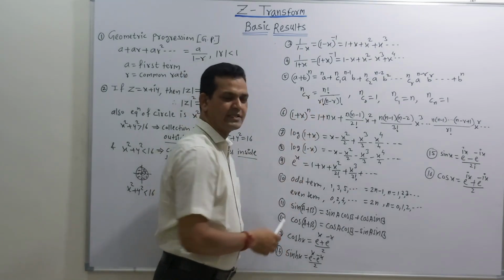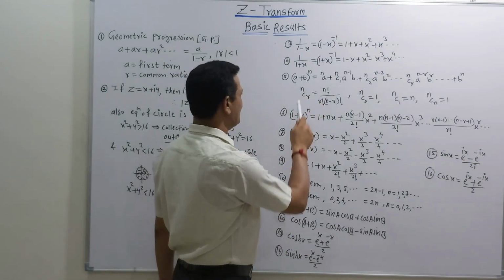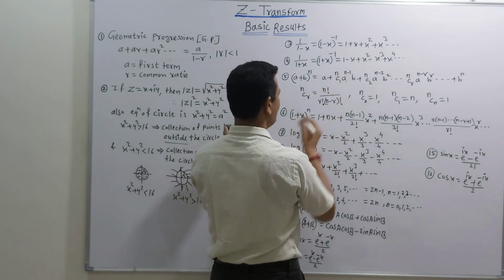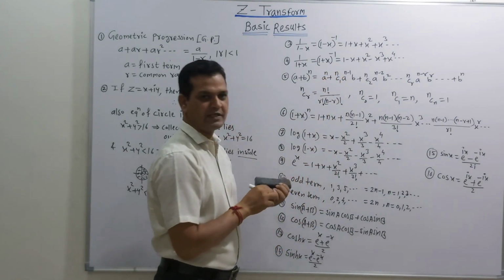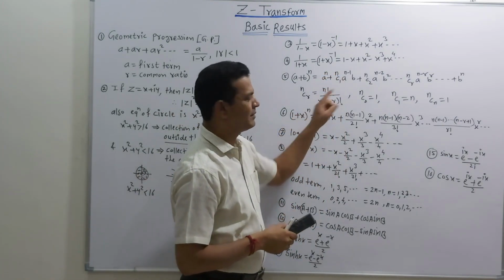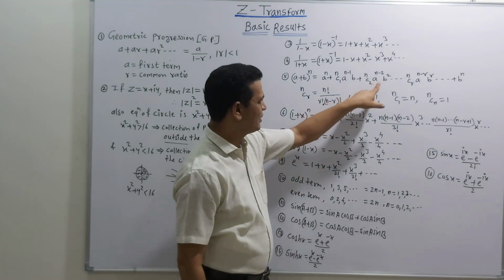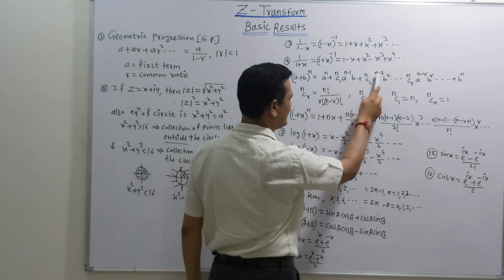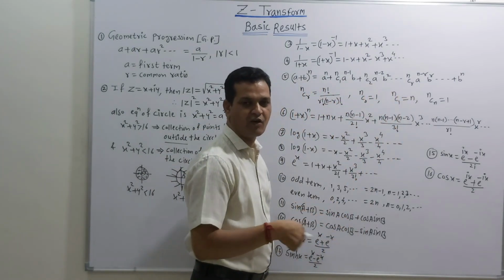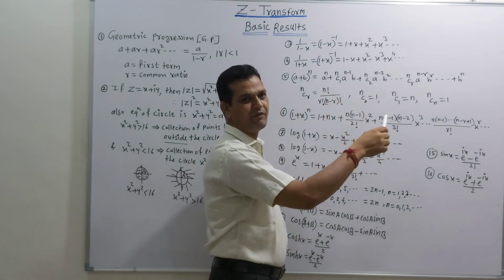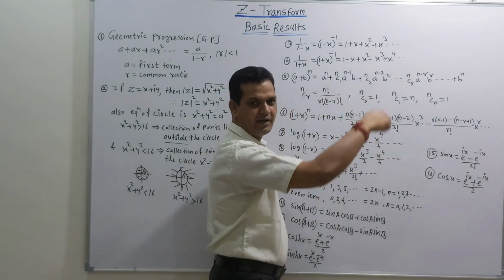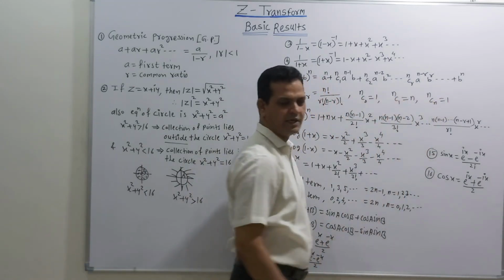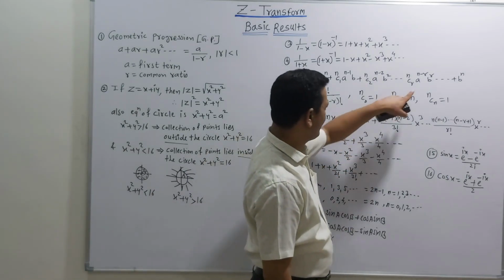Then this is called the binomial theorem. (a plus b) raised to n is equal to a raised to n, so this is in powers of a. We can write this as a raised to n plus nC1 a raised to n minus 1 b plus nC2 a raised to n minus 2 b square and so on. That means the power of a goes on decreasing by 1 and the power of b goes on increasing by 1. So a's power decreases, b's power increases: b raised to 0, b square and so on. This is the general term for the binomial theorem.